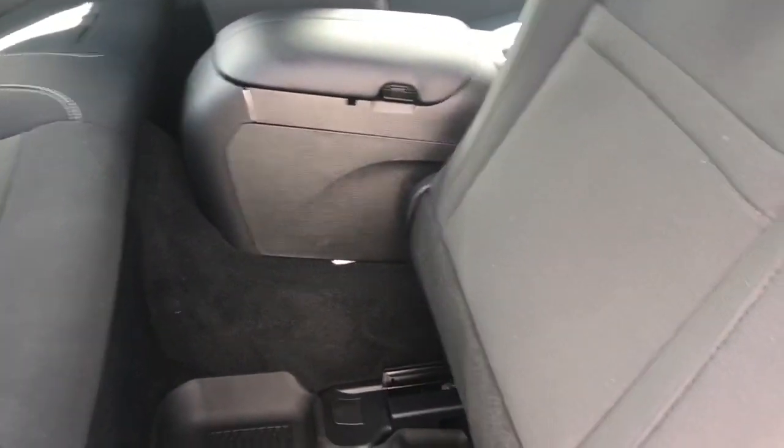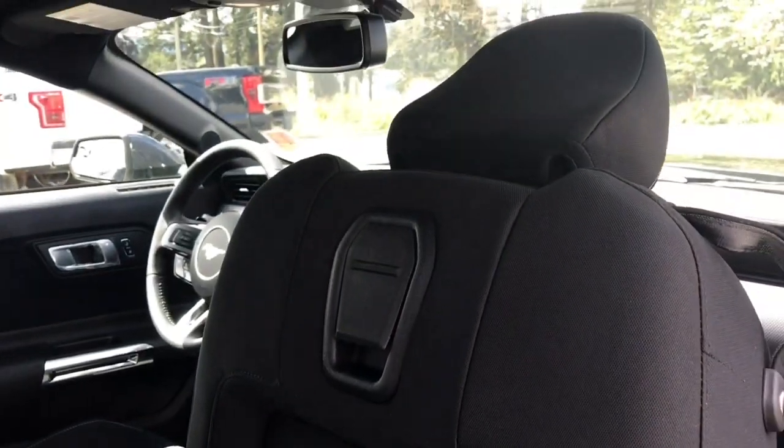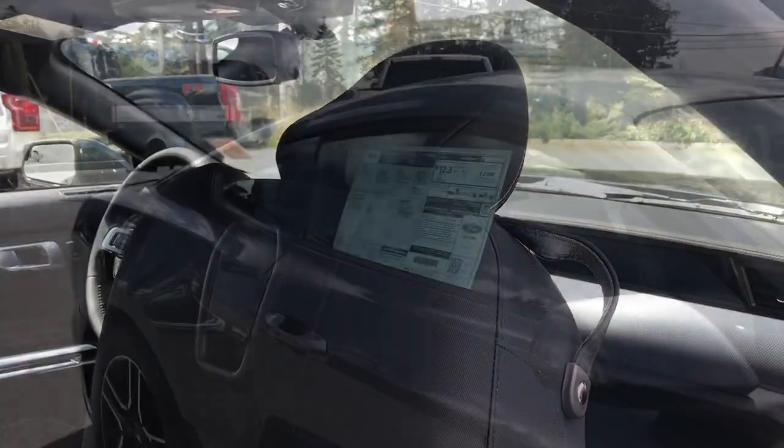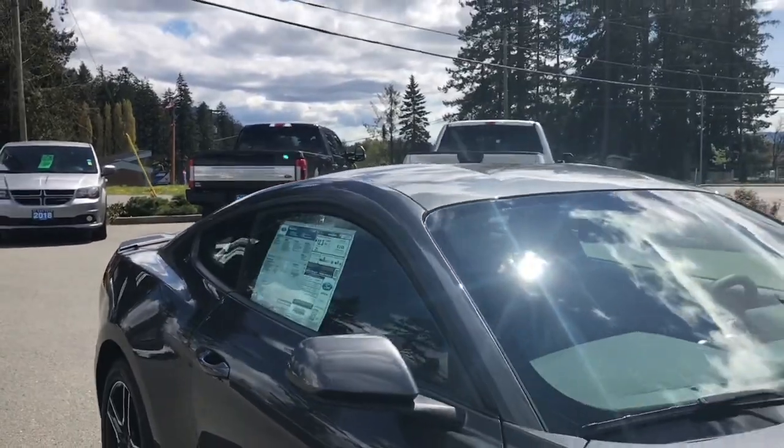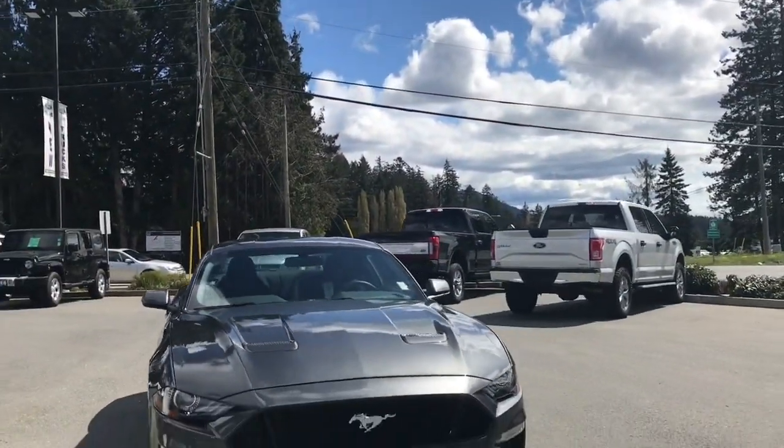And you have anchors at the base to be able to tether baby seats. There's all weather mats on the floor for easy cleanup, slim pockets on the back of the front seat, and the clip to bring it back, as well as the seat belt minder. Lid spoiler, LED tail lights, privacy glass in the back windows, powered side view mirrors, LED headlights, halogen fog lights,